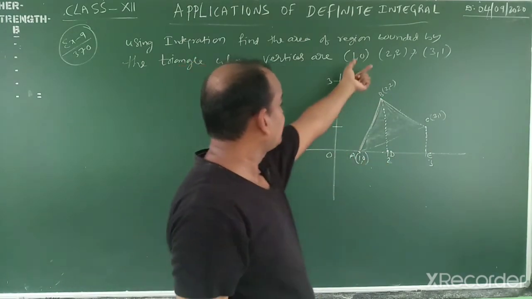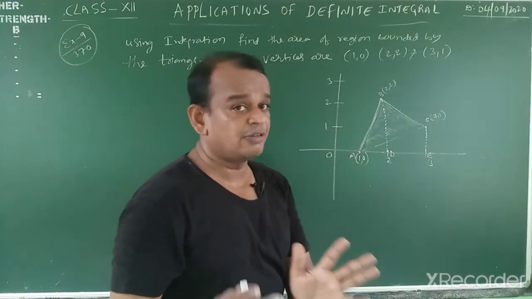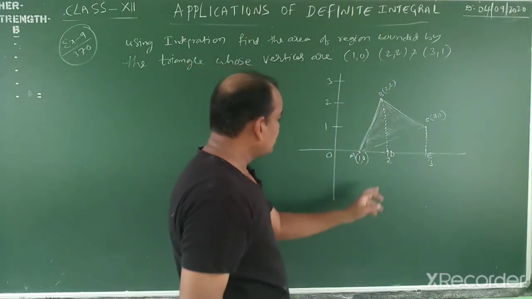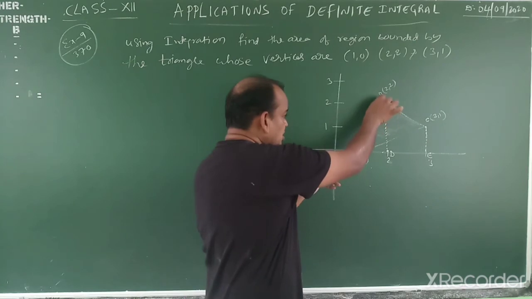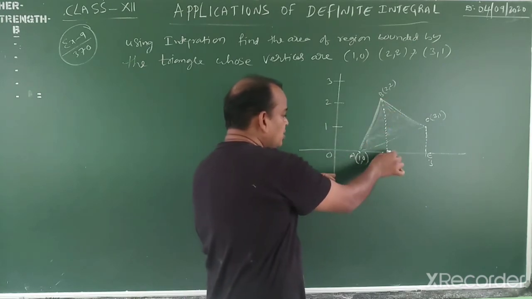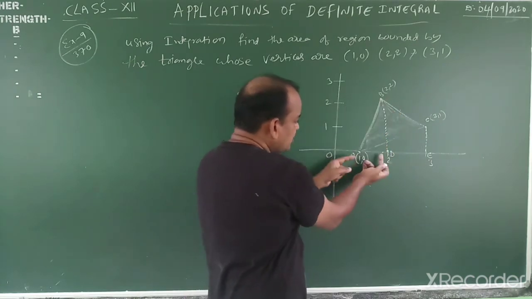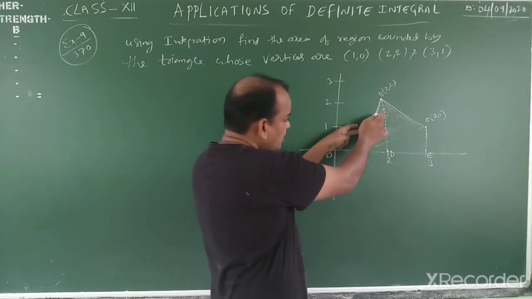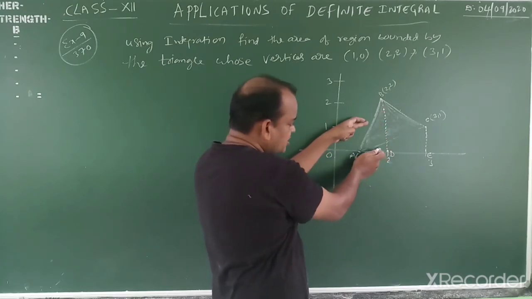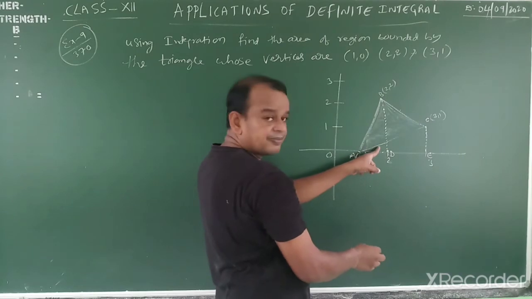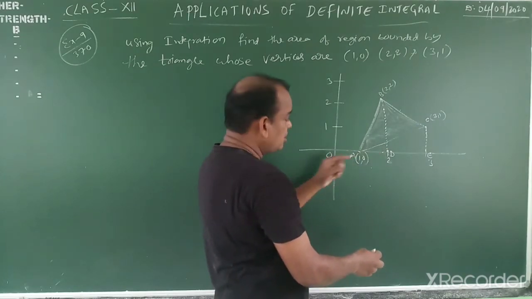First we can find the equation of AB. From that we find y. After that, A to B means, observe, A to B, A to D. A to D means this one is also occupied. This one, with respect to x, is also coming. I hope that is understood. Next, 2 to 3.